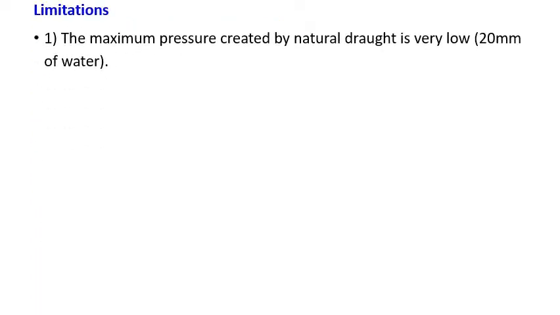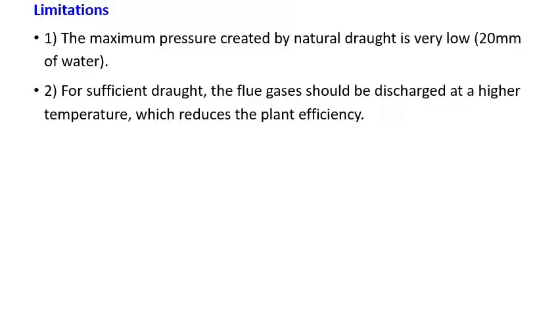The limitation is that the maximum pressure created by natural draught is very low. We cannot get more, right? Therefore, I should have a very tall chimney. A very tall chimney is also a danger, because when I have a chimney, it has to take the wind velocity, and I have to consider whether the area is prone to any earthquake, and take account of all those things. For sufficient draught, the flue gases should be discharged at a higher temperature, which reduces the plant efficiency, because